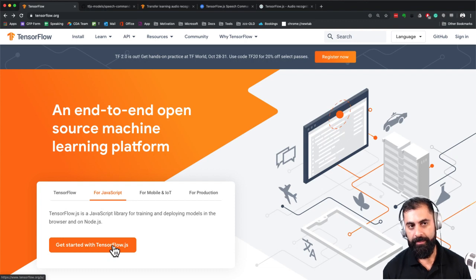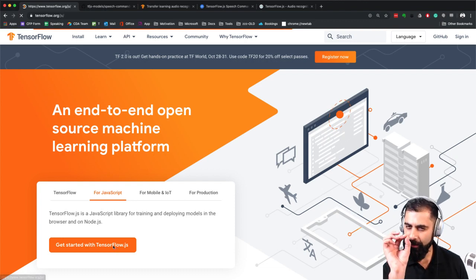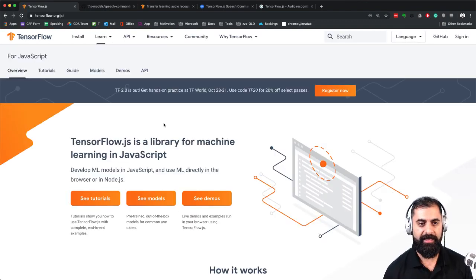And that's what I'm going to be using. So I know a little bit how I'm going to start. I'm going to take us there. So if you go to the TensorFlow.js thing, which is TensorFlow.org/js, hopefully this resolution is okay.